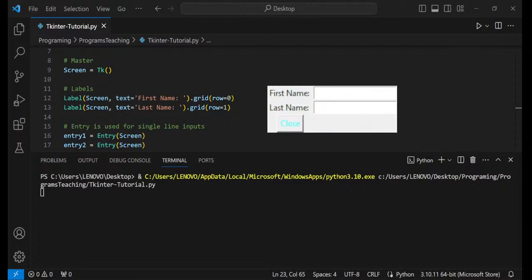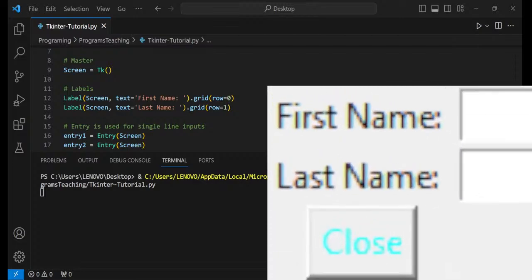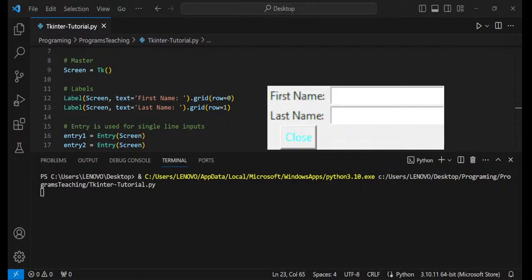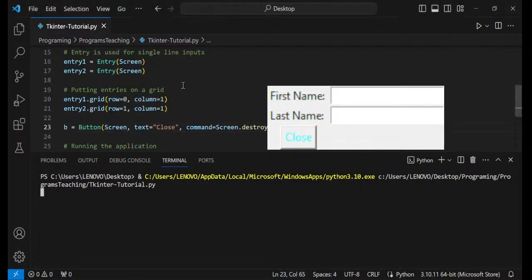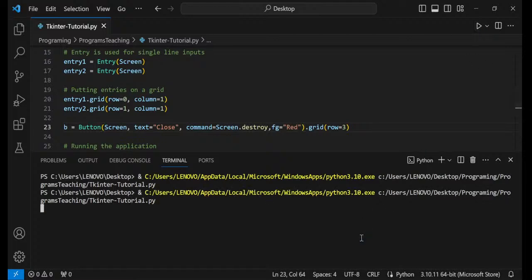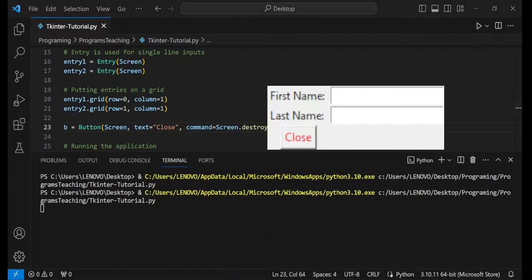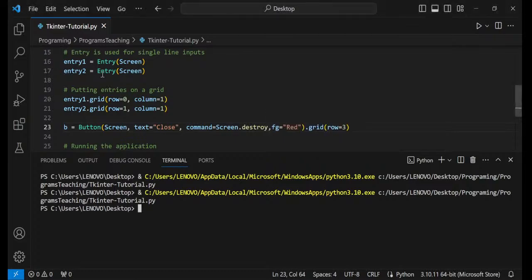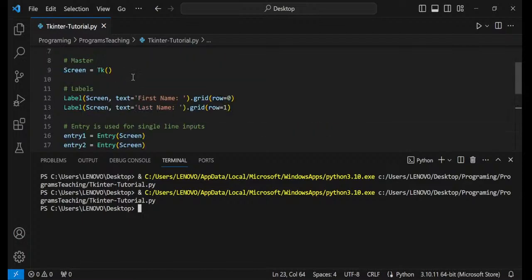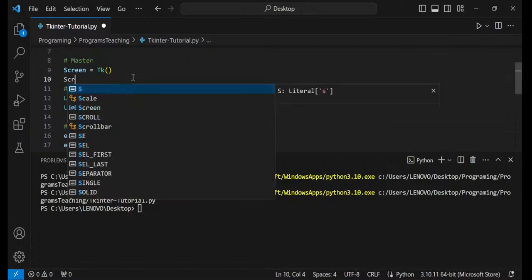Let me just expand this so that you can see it. If you can see it and you're not blind, it is cyan. I think I should go for a different color, like red, because red would be more visible. Let me just run this once more. Yeah, as you can see, it's turned red. The button has turned red. Now you could do this for anything. So let's say you want a black screen. So what you could do is